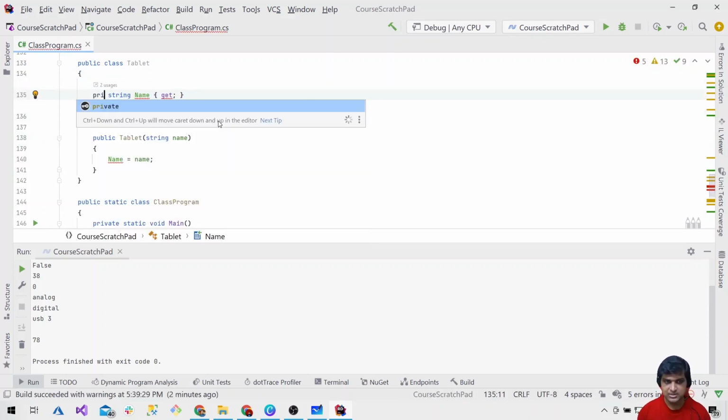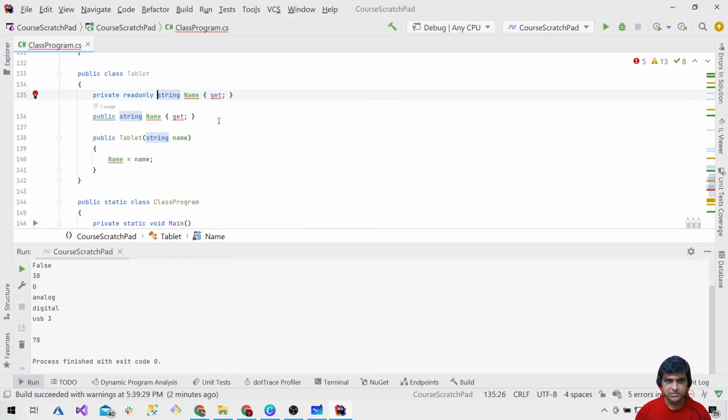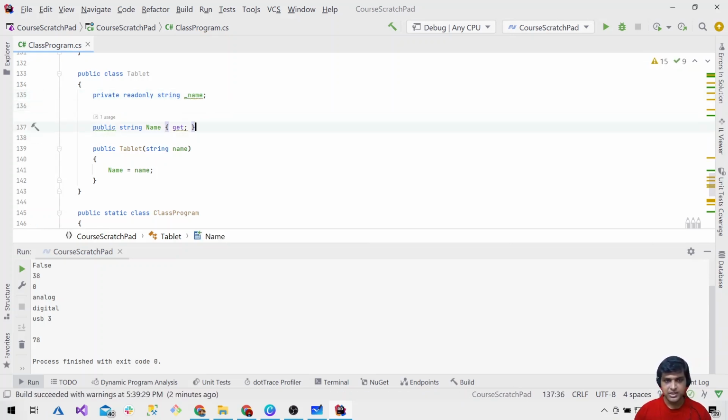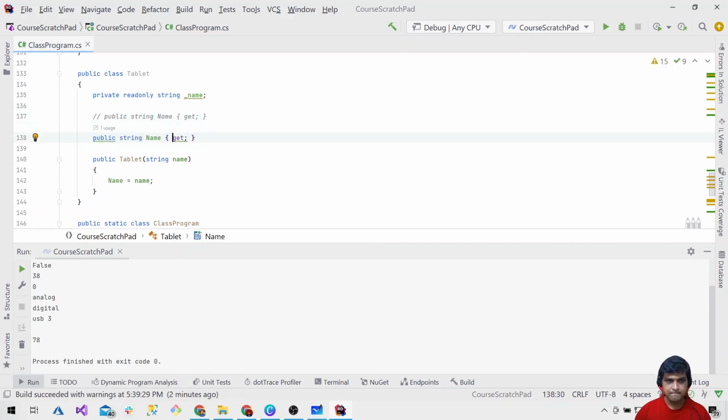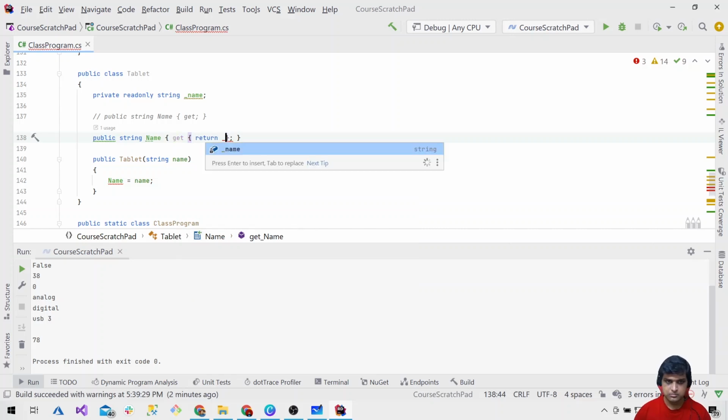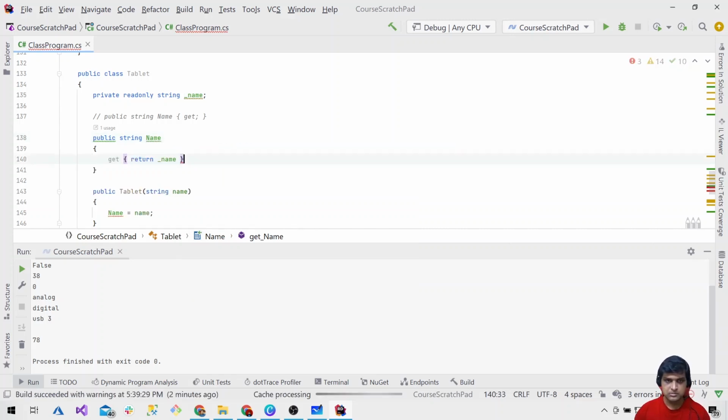What it does is this: it creates a read-only member. This is literally what is created, and this is just a shorthand for this. So this is